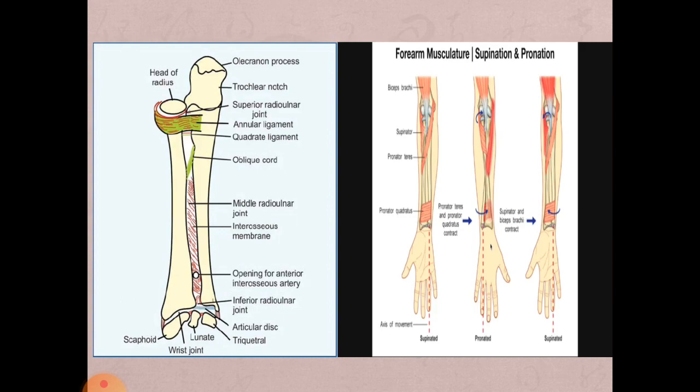Okay, so once again you have the proximal radioulnar joint and the distal radioulnar joint. At the proximal radioulnar joint you can see the head of the radius that will rotate within the radial notch of the ulna, and this is a pivot type of joint. Distally, you can see the head of the ulna that will rotate within the articular surfaces for the ulna, that is the part of the radius. So these two are the pivot type of joint.